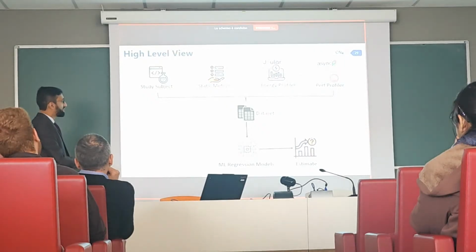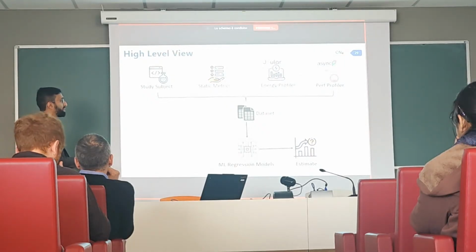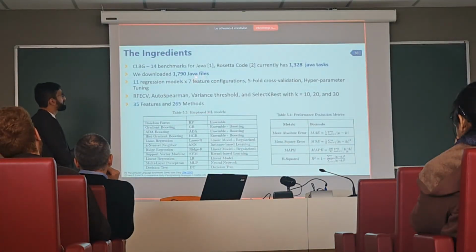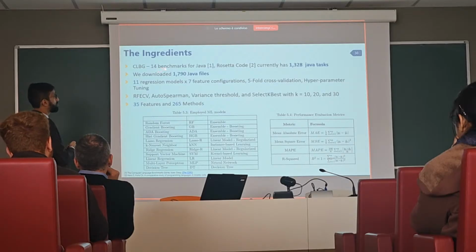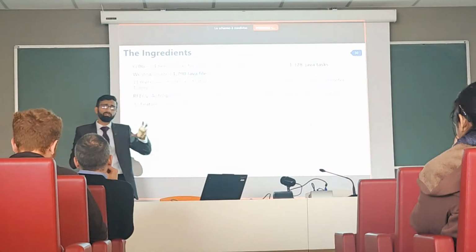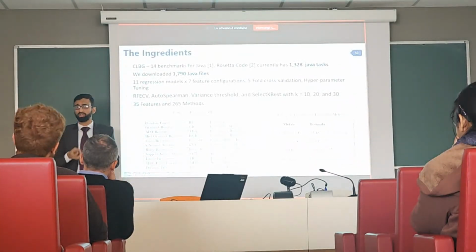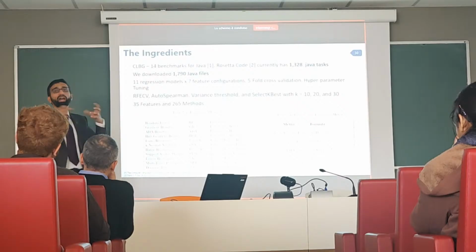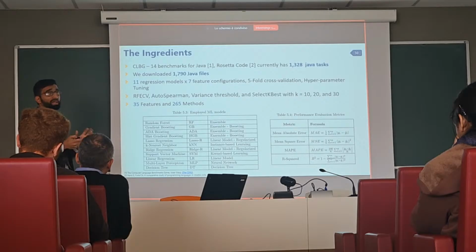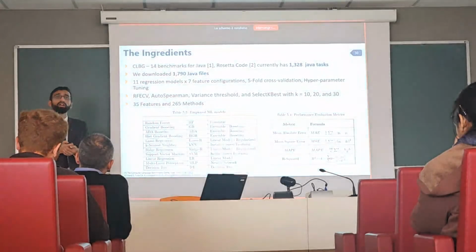We came up with a data set, we use some regression models this time, and then we do the estimation. For the subjects, we have some Java files which we collected from the Computer Language Benchmarks Game and Rosetta Code. They are implemented Java programs, very self-contained, which we can run easily and measure their energy consumption and execution time, and also collect their static features. We use 11 regression models, and we use different types of feature preprocessing techniques, which gave us almost 77 different configurations.